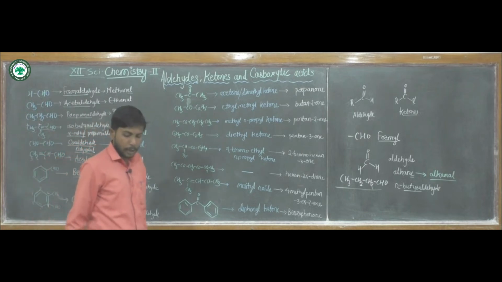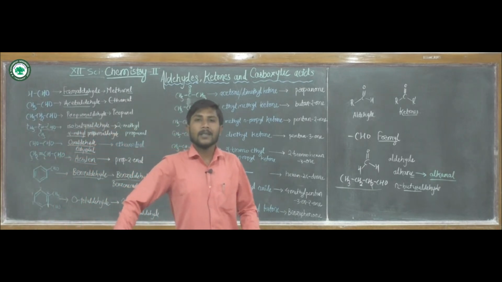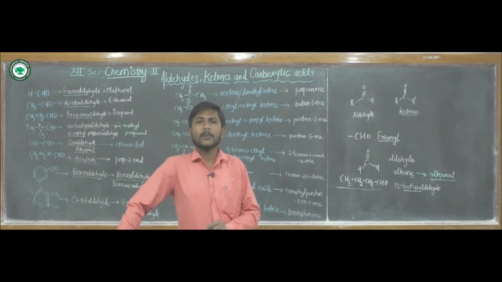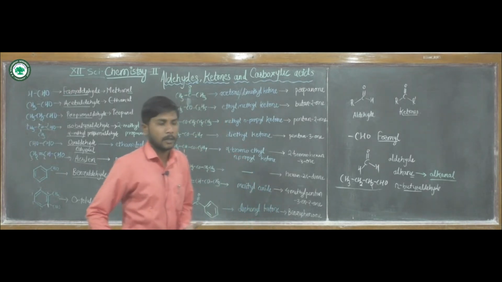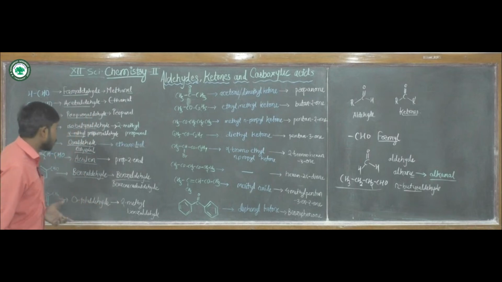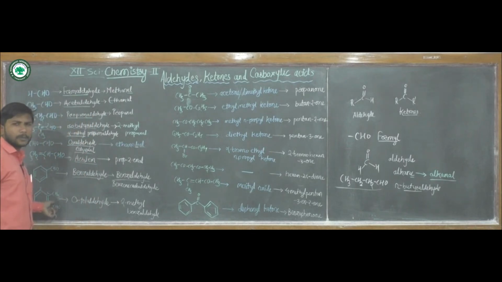And you very well know that the presence of a methyl group on benzene gives the common name toluene. It is also accepted by IUPAC nomenclature. And to this toluene, an aldehyde group is present. Look at the distance between them, it is 1, 2. They are present on adjacent carbon atoms.